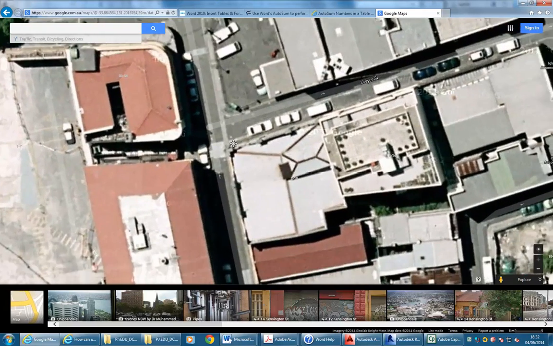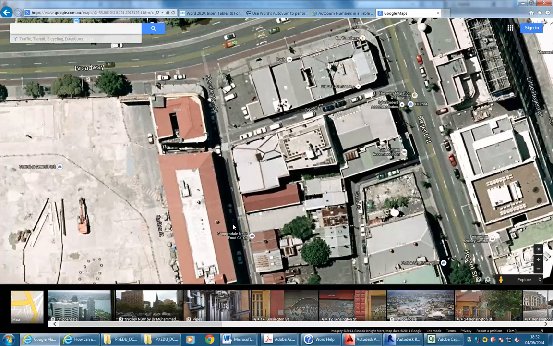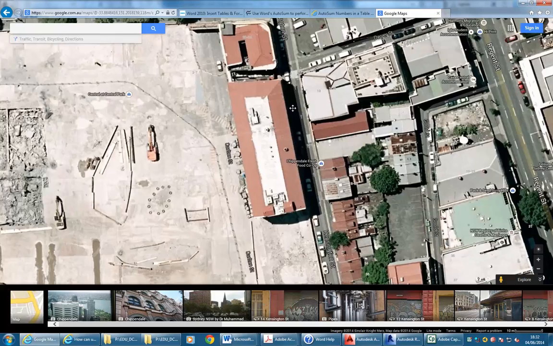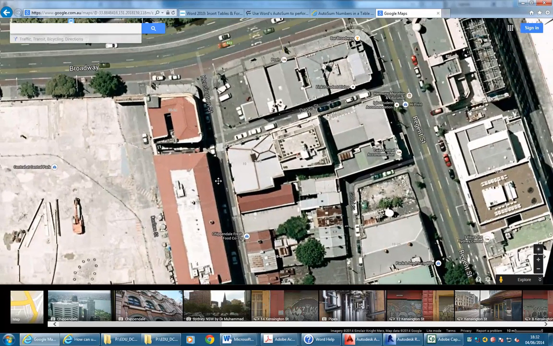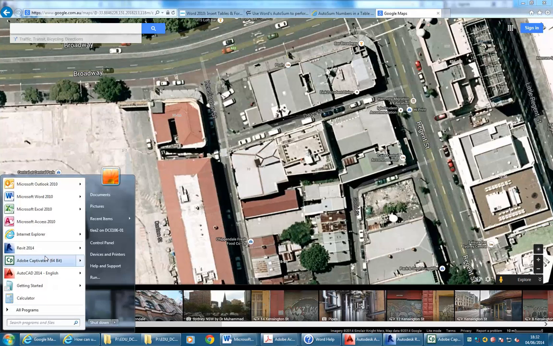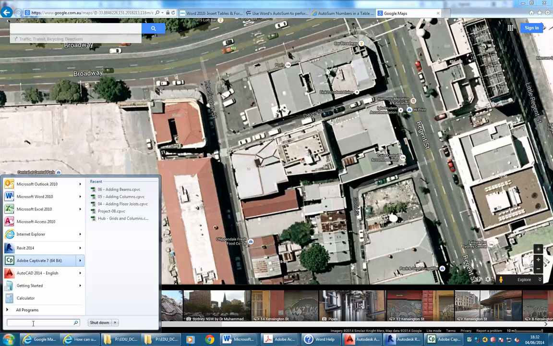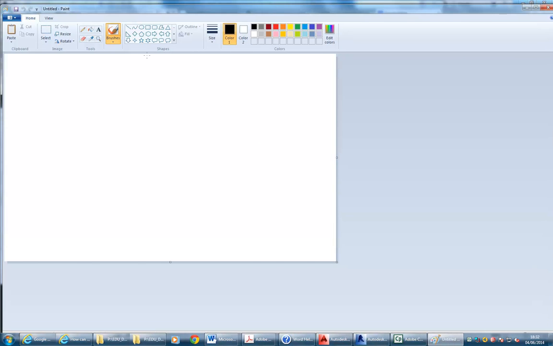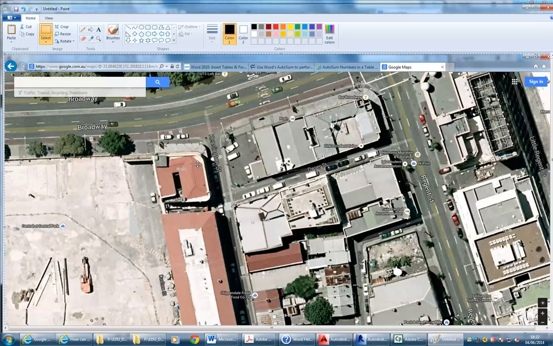So with this building here, you've got the Laneways, which have changed a little bit recently, but they still haven't got that shown here, unfortunately. So I'll just capture that the way it is, using print screen, and then put it into Paint first, and then I might take it into Photoshop. But for now, just pasting that in,